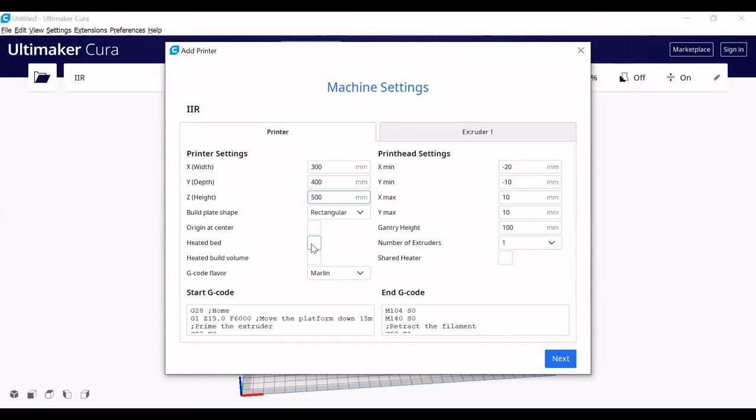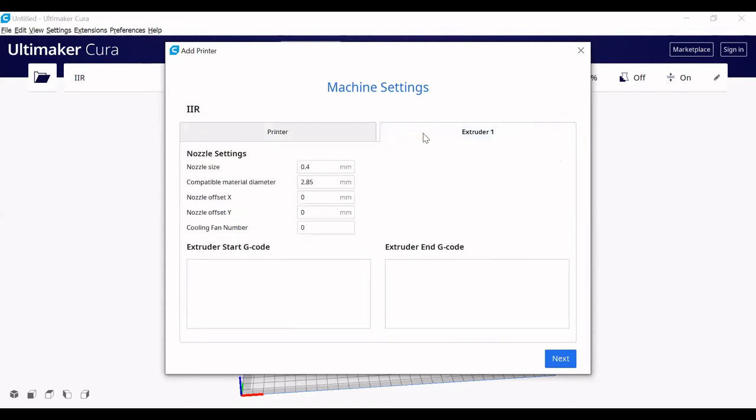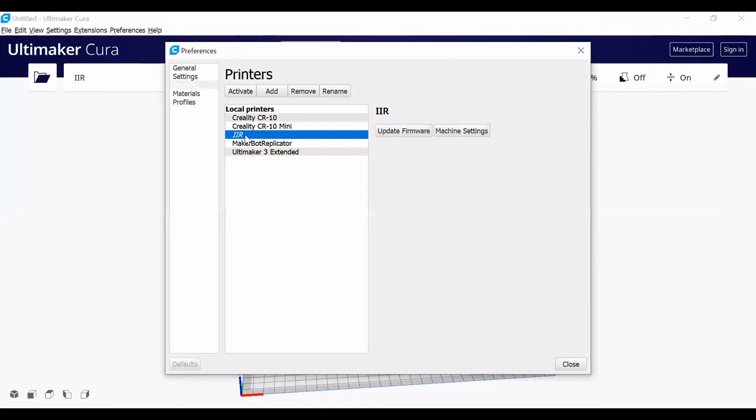Normally for low-end printers, people suggest Creality or Prusa or something else. So this is another way. Once it is fixed, you change everything. Then the extruder diameter: I told you 2.85, another setting. Here I am changing it to 1.75 mm, the normal diameter people use for low-end machines. Then the nozzle size: whatever nozzle diameter we are using, we have to put it here. Once everything is over, you select this. This is the method for adding a new printer in the software.